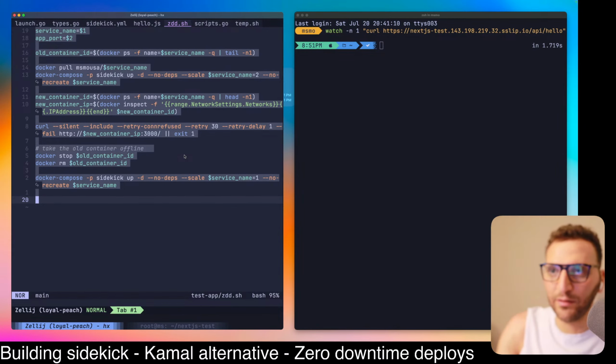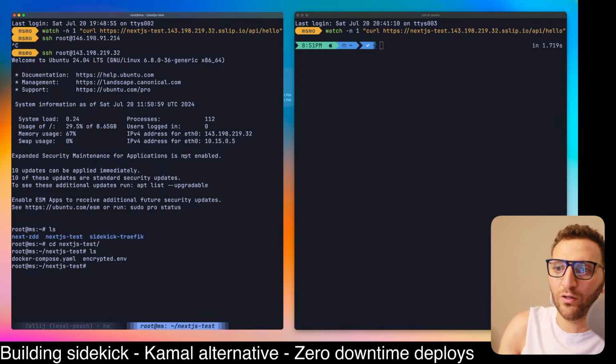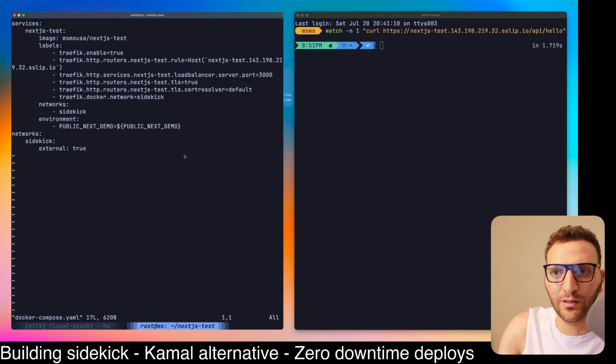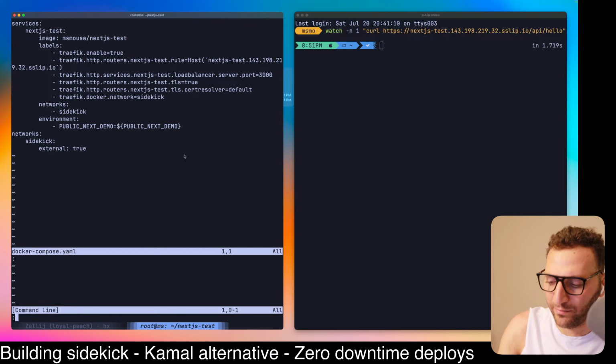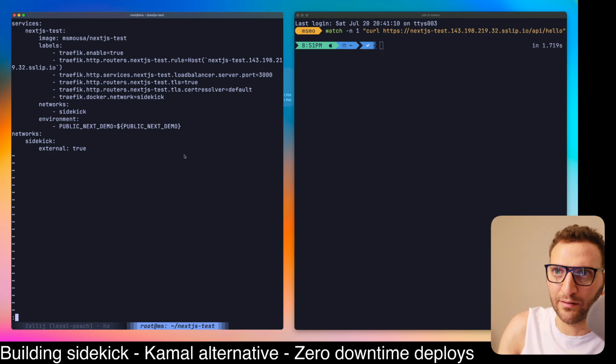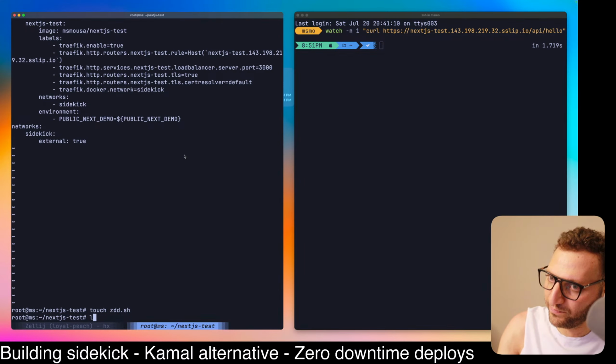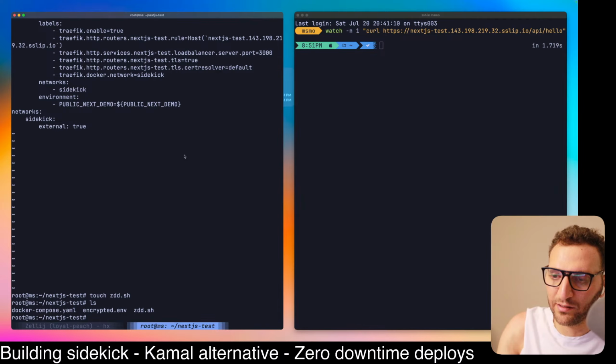Okay. Go like this, copy it, and then go here, vim of Docker compose YAML. What am I doing? Don't do that. Get out of here. What I am doing is I need to touch a zdd.sh, ls, happy days, and then